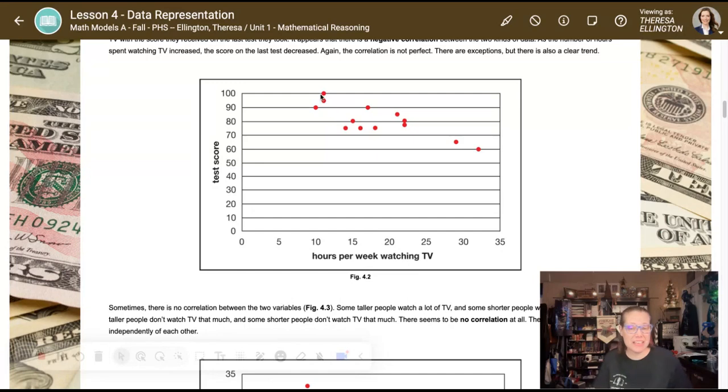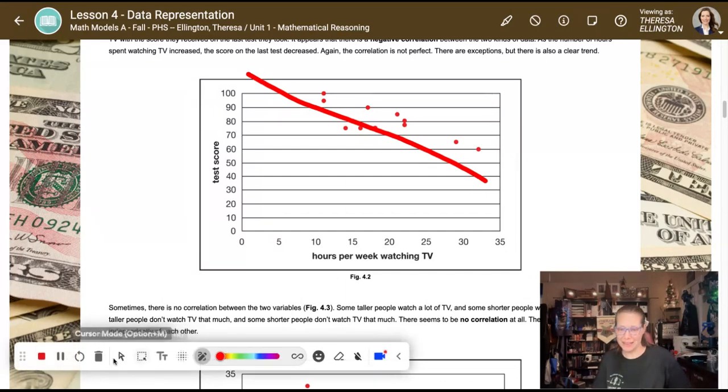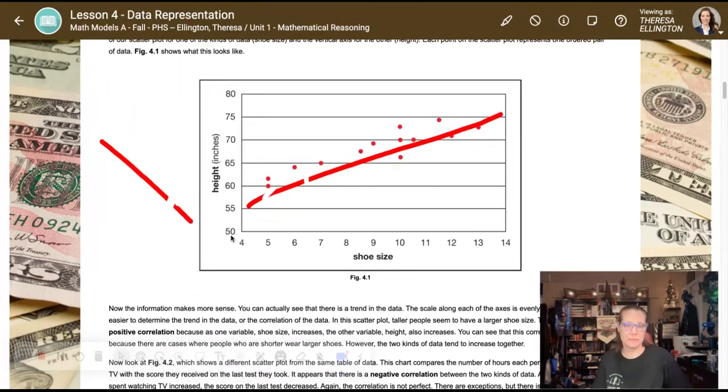Well, look at this. This one is a downward slope or a negative trend. Did you say that before? Did you say negative correlation? Then you would be right. Now, again, we're not connecting all the dots, but it does make sense that the more TV you watch, you might make a lower score on your test because you weren't studying for it. Maybe. Depends on the subject, right? But if we go back, the previous chart showed a positive correlation such that the taller you are,